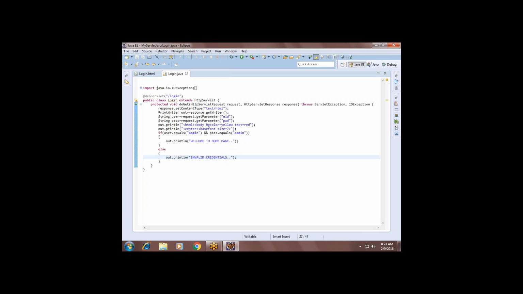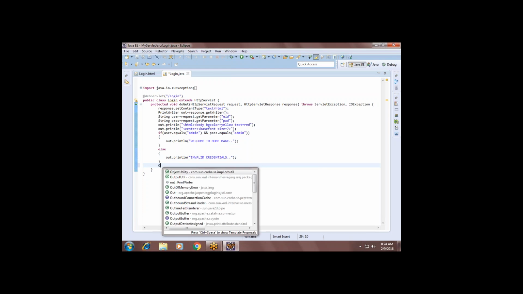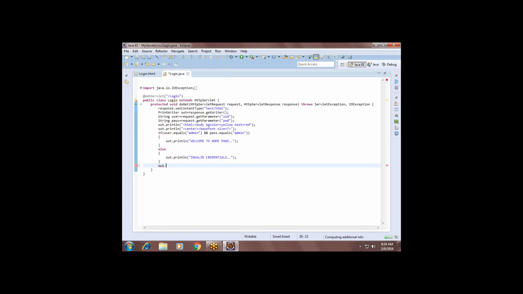Understand? Invalid credentials. Then close out.println, /body, /html. That's it, guys. So this is the doGet method which will receive the get request.